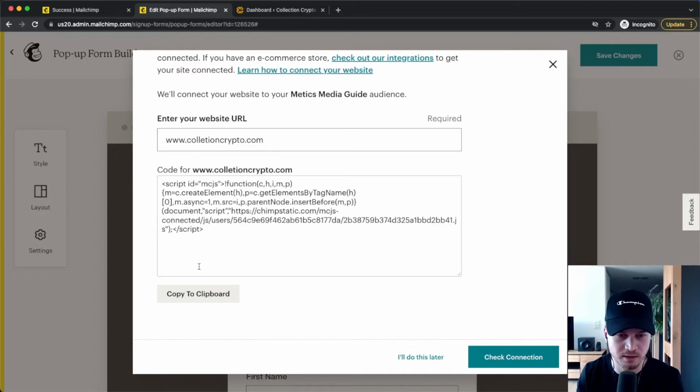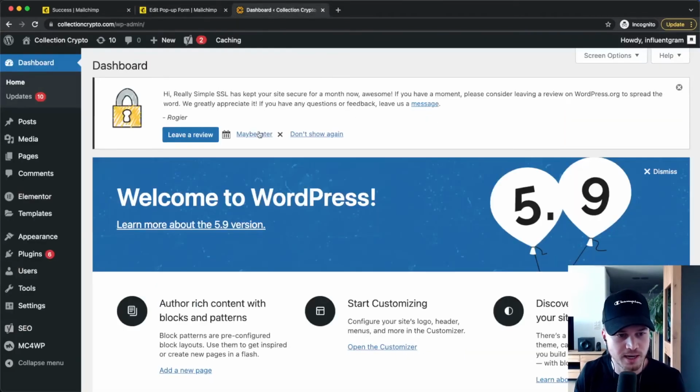of our website. So if you have a Wix website or a website with Squarespace, for example, simply go to the part where you can edit your header or contact support if you don't know where that is, and then paste that code in the header of your website. I'm going to show you how to do it with WordPress. So I'm going to go to my WordPress dashboard, and I'm going to use a plugin to paste this code